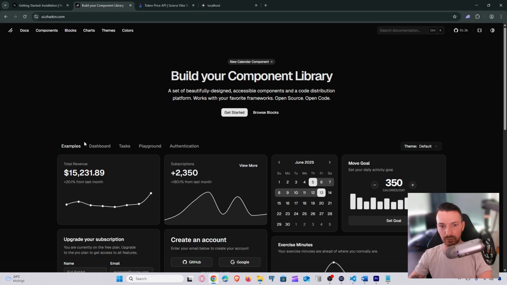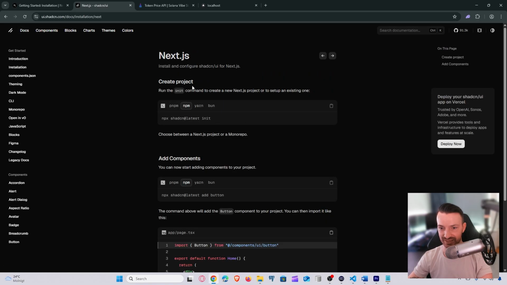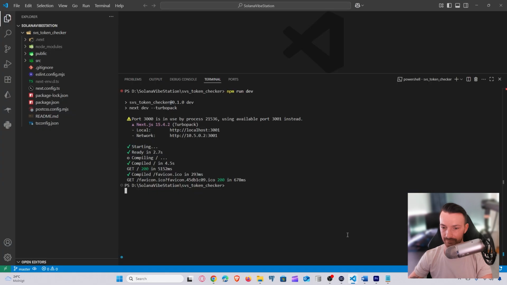So the first thing that we want to check out is how we can initialize shadcn within our project. So again, we can go to docs. We are using Next.js, so we can click Next.js, and here we can read that we can run the init command to create a new Next.js project or to set up an existing one. We already have a Next.js project, so we will use it on an existing one, but that command should also be okay for us. So let's start with setting it up by copying this command, going back to our application,